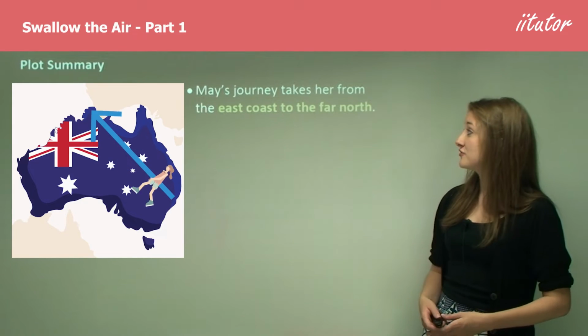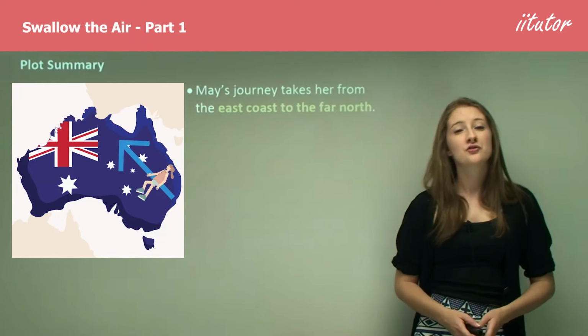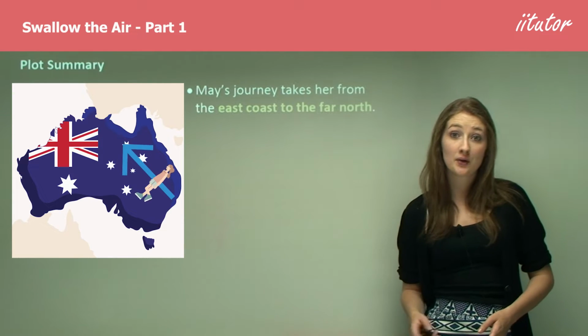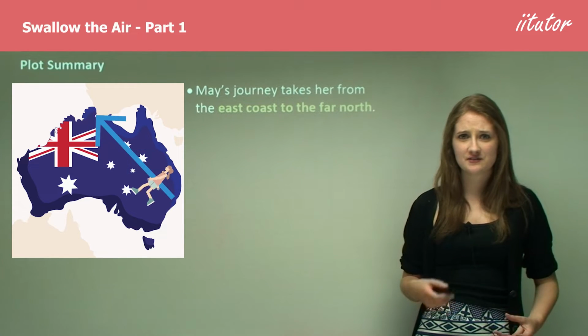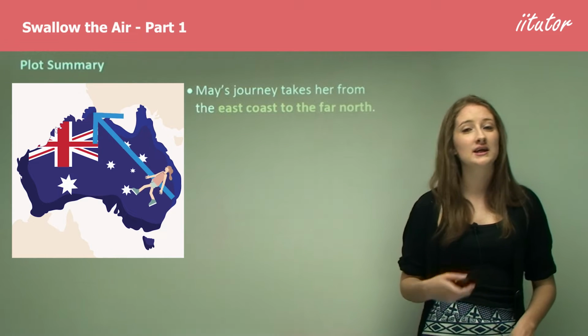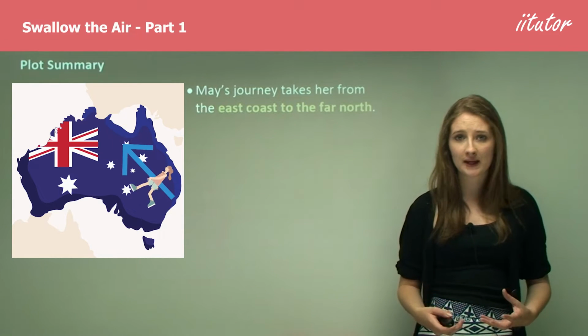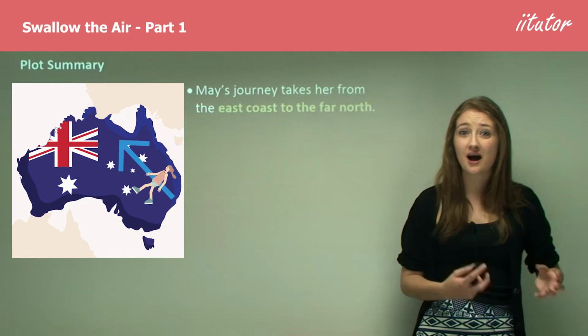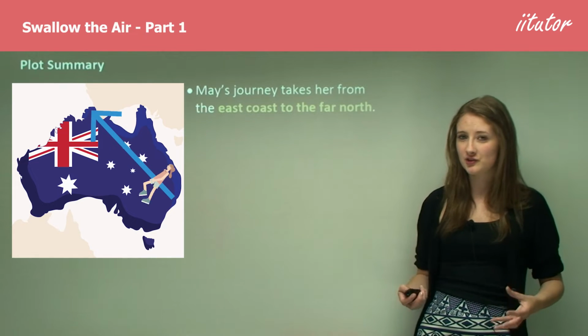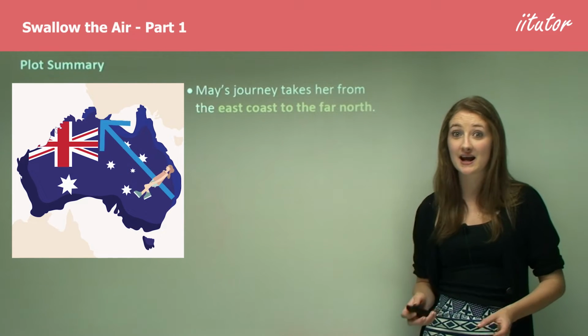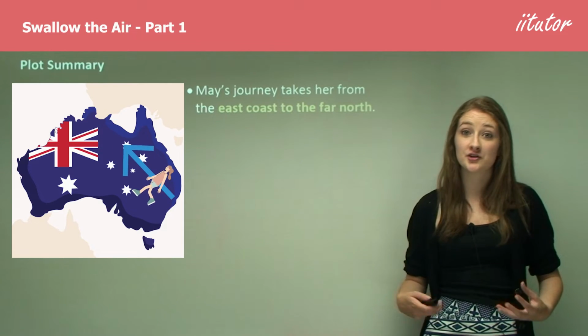May's journey takes her from the east coast to the far north. So she's walking sort of diagonally up across Australia, and that very extensive long journey, which she's doing through hitchhiking, public transport, walking, is really one which, although it's hard, makes her realize really who she is as a person. And we're going to be looking at that idea that belonging is a search and a journey a bit later